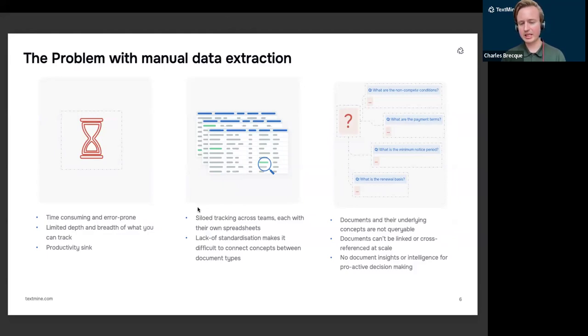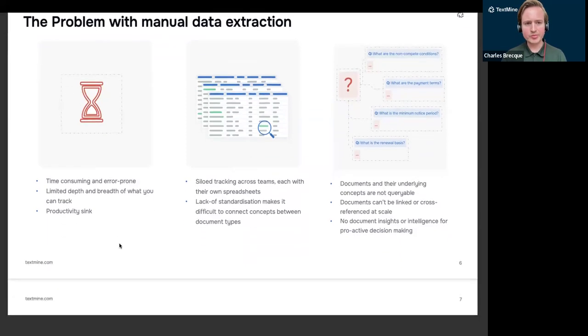And the tracking typically will happen in siloed spreadsheets across teams, which means that there's no central or standardized repository of this data, which then means that the data can't really be relied on by the business for critical decisions. And when it does come to querying this data, there's no real way of querying that data in a seamless way, or linking the data between the documents.